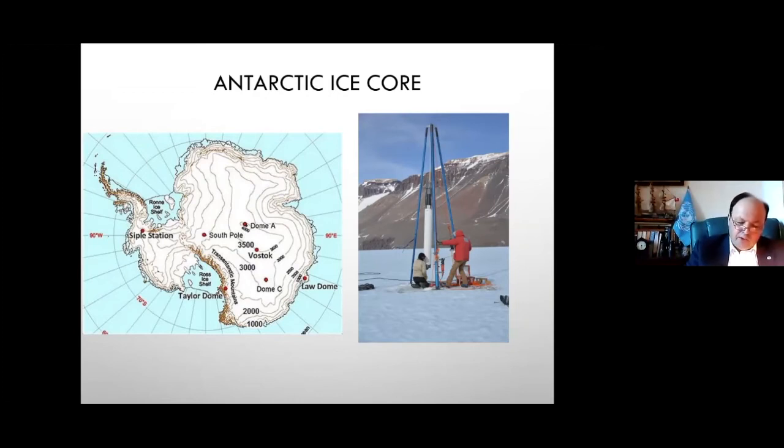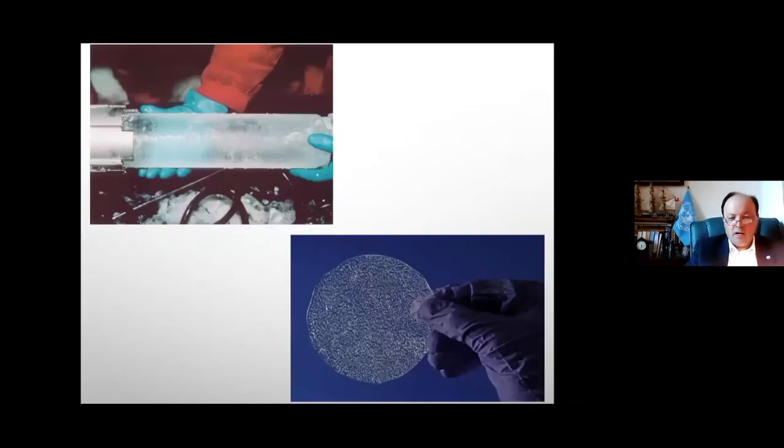These ice sheets have been forming for thousands of years, and the samples of the ice core reveal layers. Some layers are thinner, some are thicker, and they look like this. Here on the top bit, you've got a sample of one of those ice cores, and you will see that it's showing layers there.